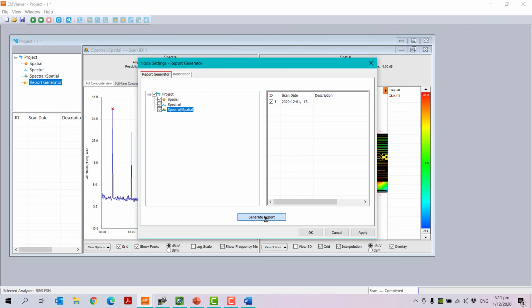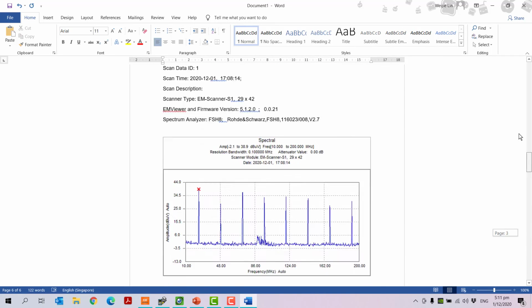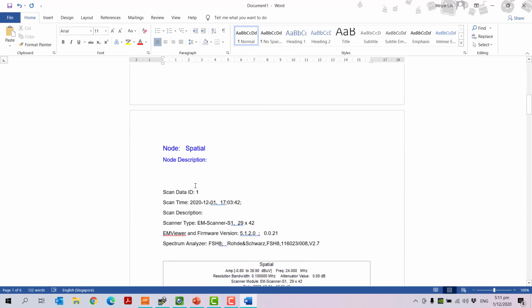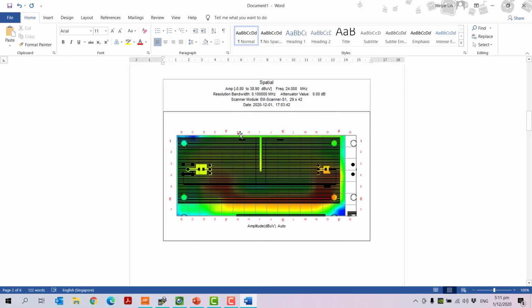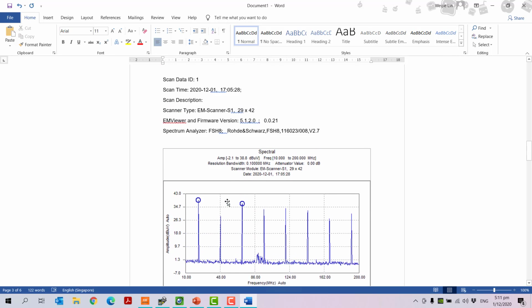So the report will be generated in the Word format. Okay, so you can see it has been generated for me here. So let me go to the top first. You can see the viewer report. You can determine your company name, the reporter name. Then you can see what are all the scans has been done, which time it is done and done by whom, all this information. So the spatial scan, what is the frequency range, then coming to the spectral scan,